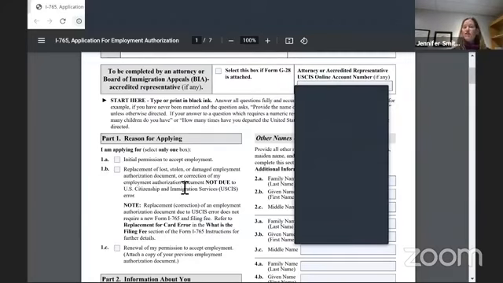If this is your first time applying for DACA, you're going to check box 1A, an initial permission to accept